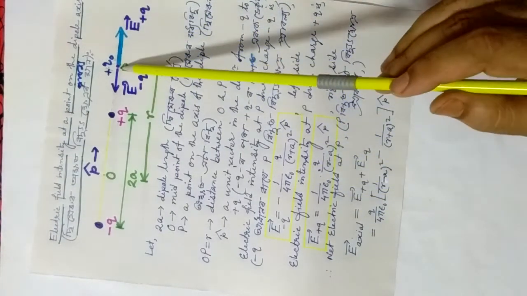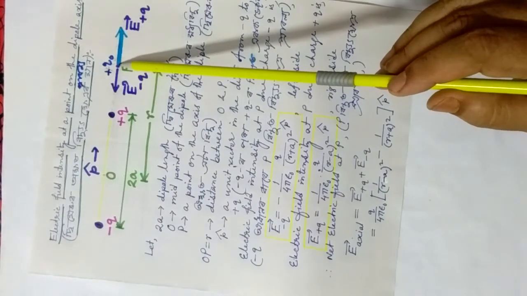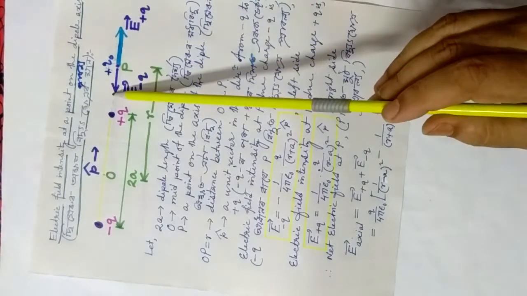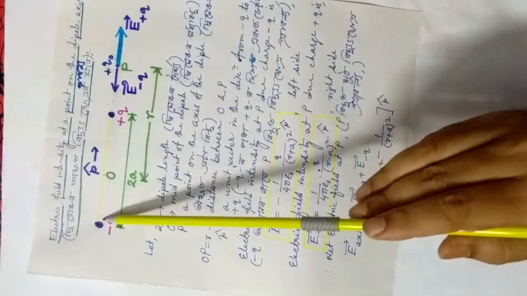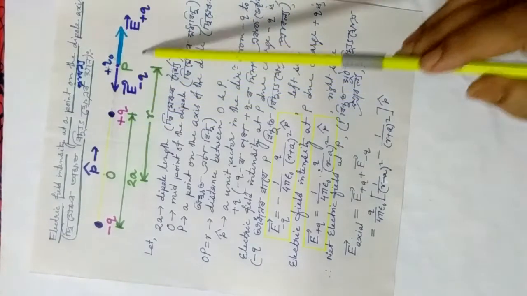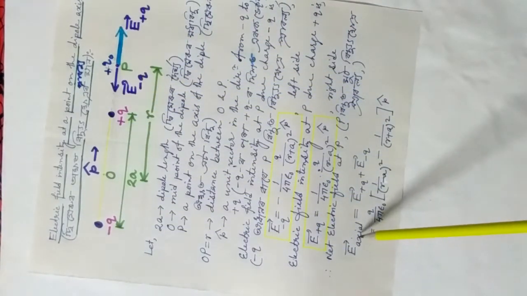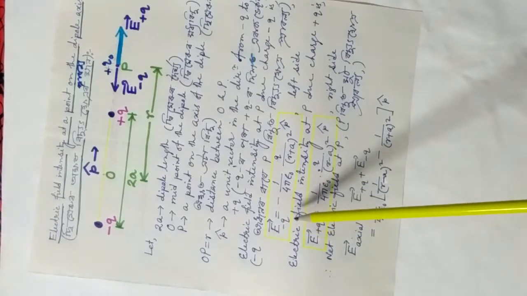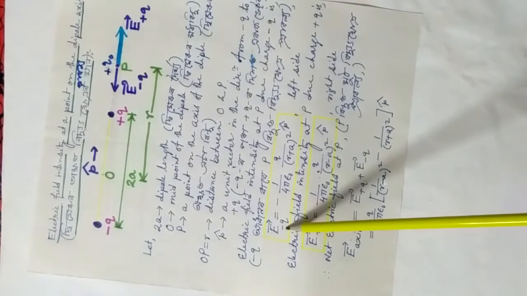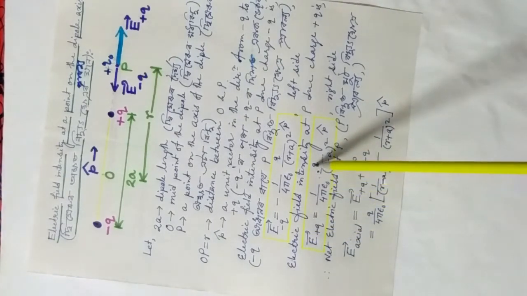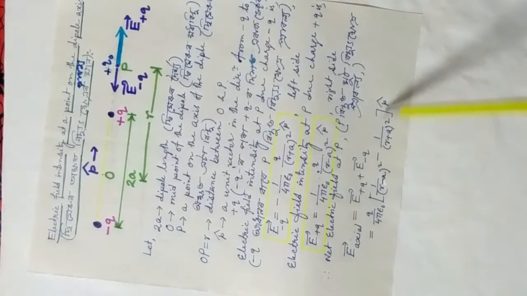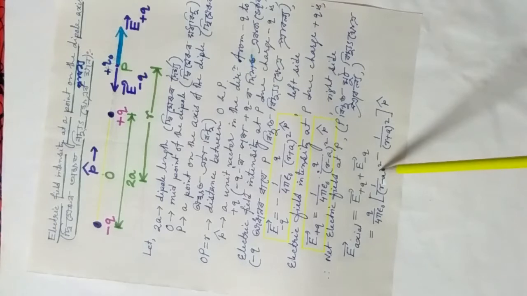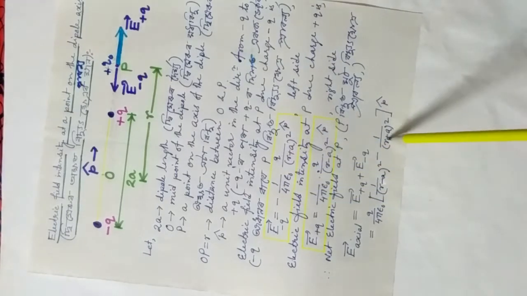Now at P there are two electric field intensities, one along the right side, one along the left side. That means the net electric field, suppose E vector axial. Why axial? Axial means on the axis. We are going to find the net electric field at any point on the axis. So the net electric field is E vector plus q and E vector minus q. Now q by 4 pi epsilon naught is constant in both formulas, that is why it is outside the bracket. Now 1 by r minus a whole square minus 1 by r plus a whole square, p cap.